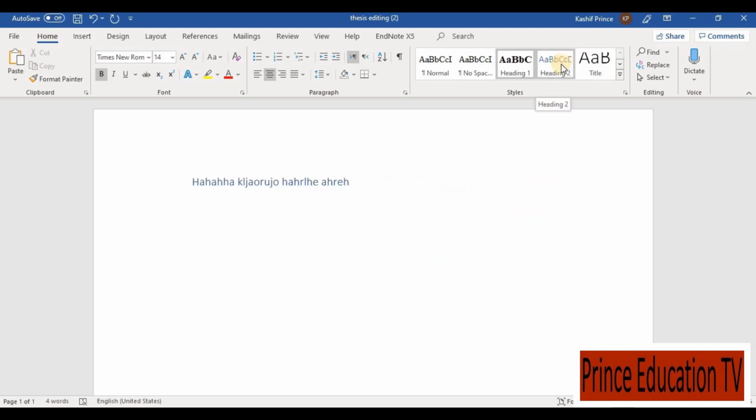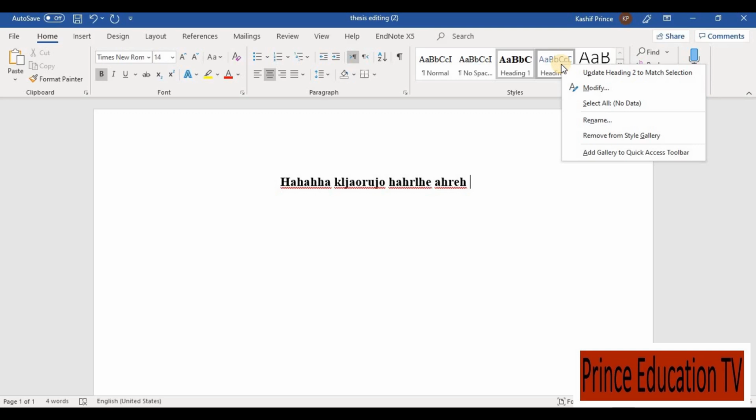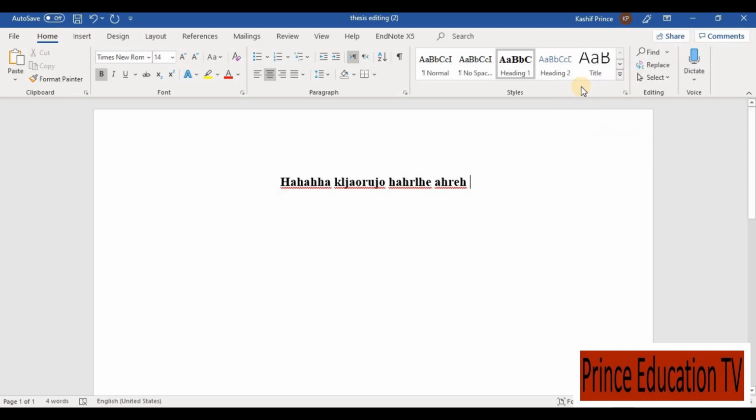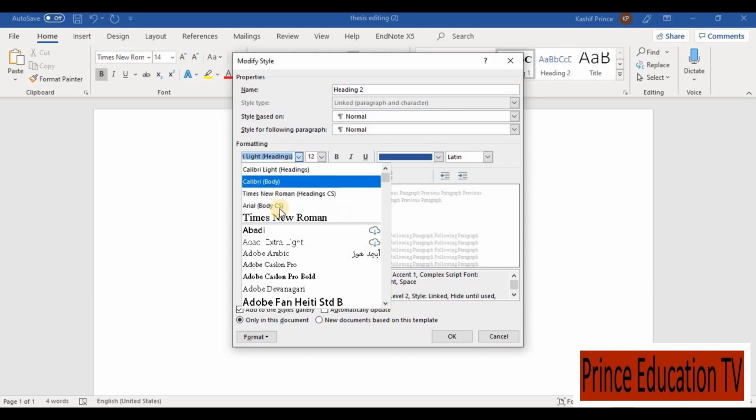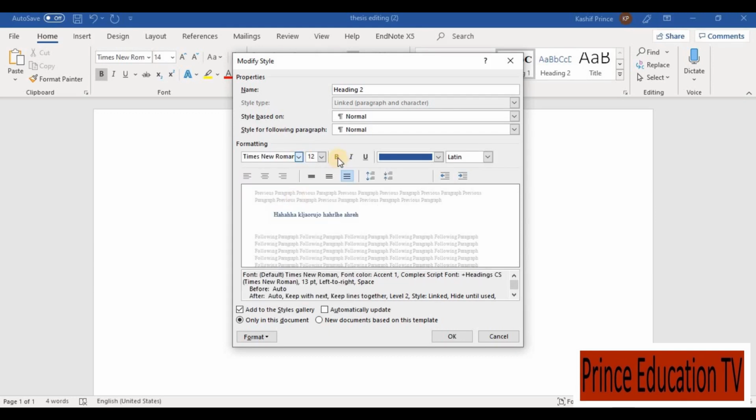Then heading style 2, this will be the subheading under the main chapter. You can say the headings under the chapter. This is heading level 2. So heading level 2 in my thesis was 12. It was Times New Roman. It was bold. Color was black.